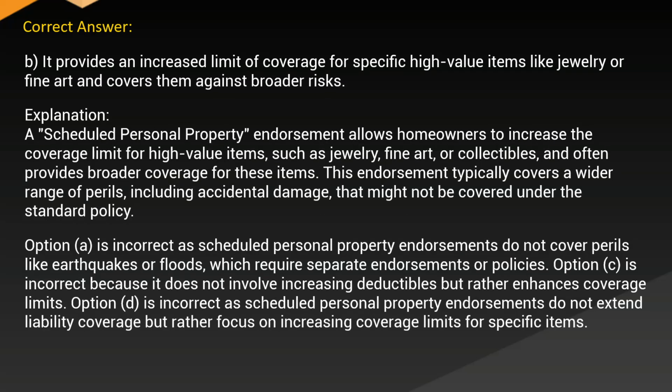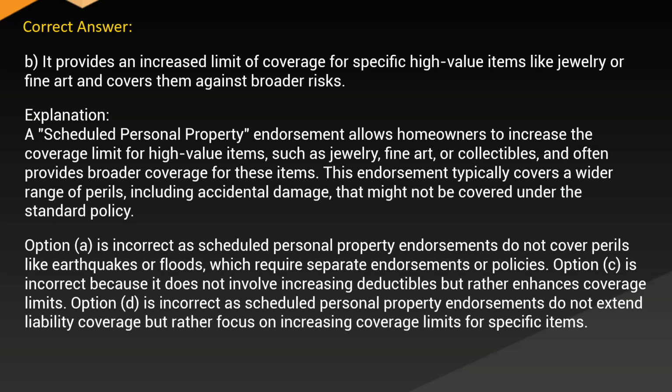Correct answer: B. It provides an increased limit of coverage for specific high-value items like jewelry or fine art and covers them against broader risks. Explanation: a scheduled personal property endorsement allows homeowners to increase the coverage limit for high-value items such as jewelry, fine art, or collectibles and often provides broader coverage for these items. This endorsement typically covers a wider range of perils, including accidental damage,